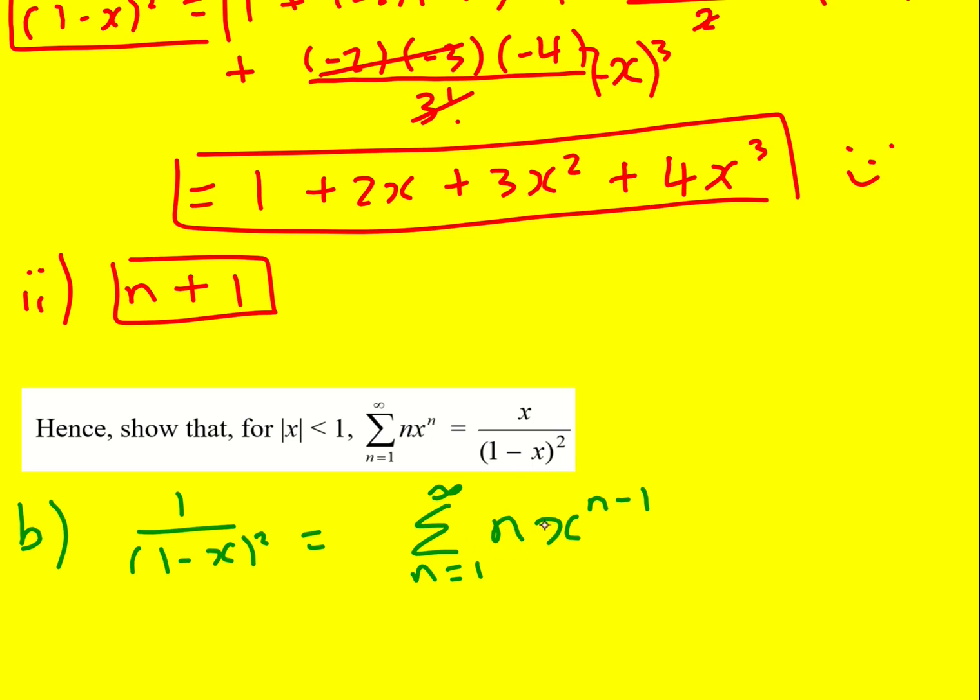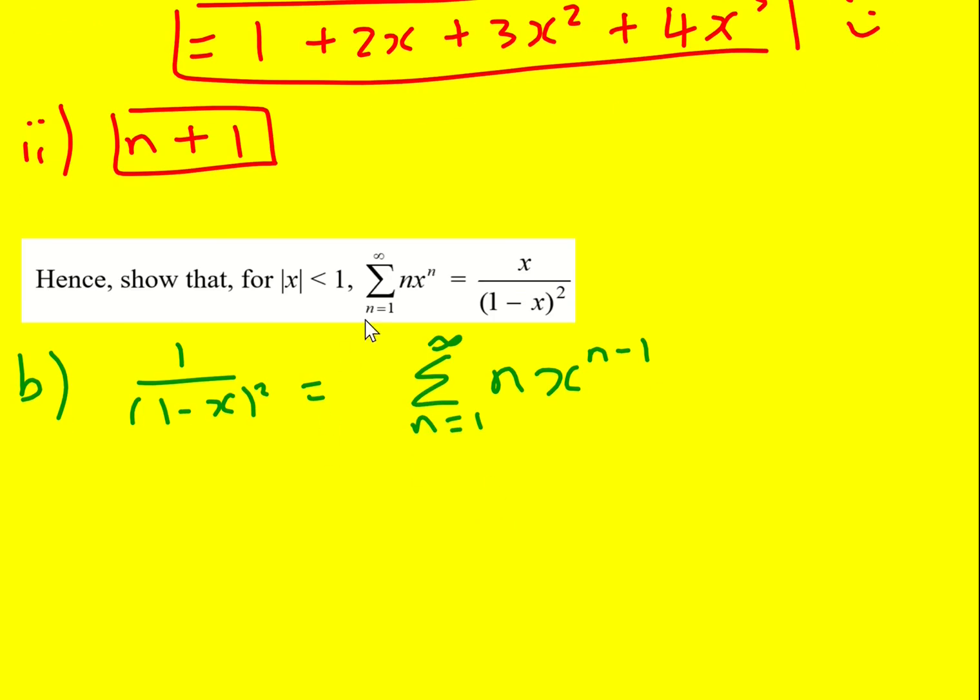And this will give the required summation. The first term will be 1, the second one will be 2x. When you put in 2, then 3x cubed, and so on. So this is crucial. We've got something slightly different that we're asked for. So if we're summing from n equals 1 to infinity of x to the n,